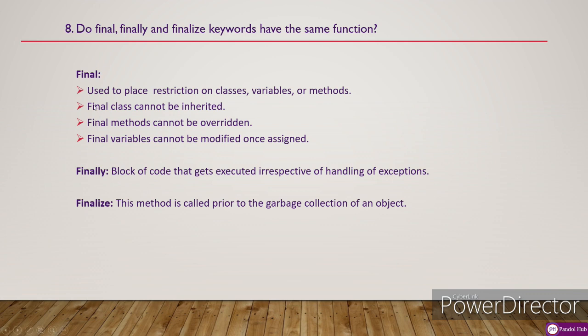So the next question is, do final, finally, and finalize keywords have the same function? So going with final, it is used to place restriction on classes, variables, or methods which we have just now seen. So the final class cannot be inherited, final methods cannot be overridden, and final variables cannot be modified once assigned. Hope we are clear with this because the previous question was on the same keyword, which was final. So going on with finally,